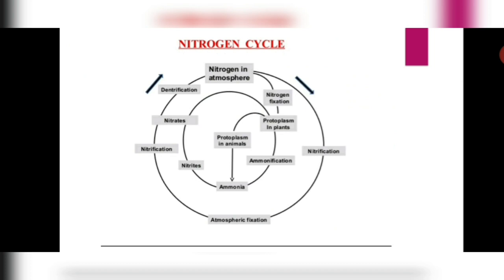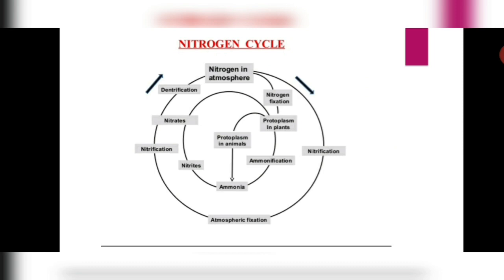After nitrogen fixation, the nitrogen reaches the protoplasm of the plants which are consumed by the animals. Both dead plants and animals produce ammonia by a process called ammonification. Now, certain nitrogen is directly, and ammonia is also, converted into nitrites and nitrates by the process of nitrification. Conversion of ammonia into nitrites and then nitrates is known as nitrification. And the last process, the eventual conversion of nitrates and nitrogenous compounds into free nitrogen, that is N2 in air,